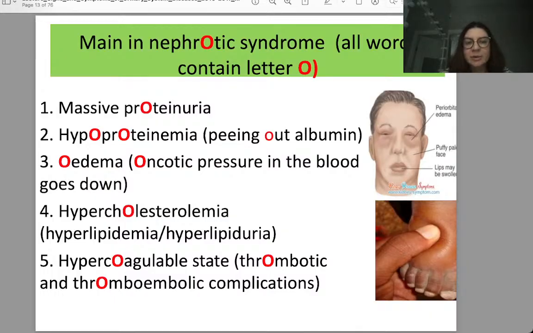It is edema, with oncotic pressure in the blood going down. It is hypercholesterolemia with hyperlipidemia and hyperlipiduria, and a hypercoagulable state, which is very often seen in nephrotic syndrome too, with thrombotic and thromboembolic